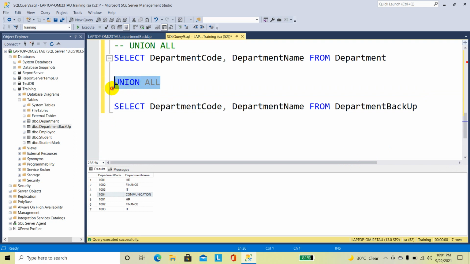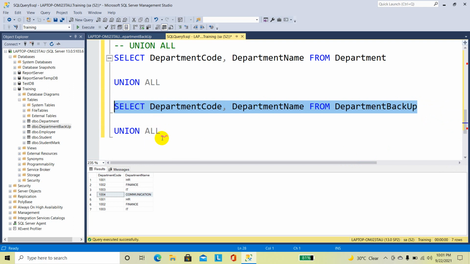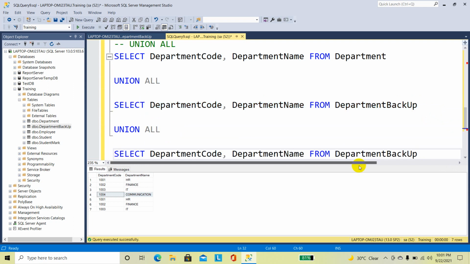Union all also you can apply for 2 tables or more than 2 tables. If you want to apply union all again, then give union all here, then give the next statement. I'm going to give department old.